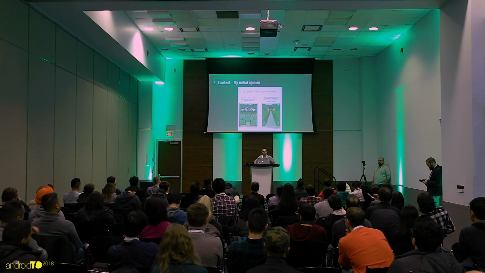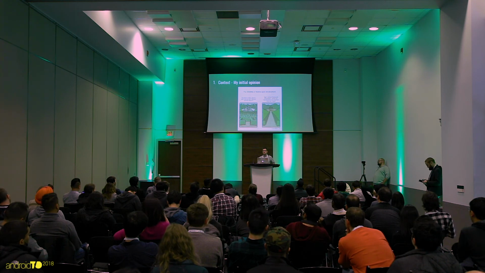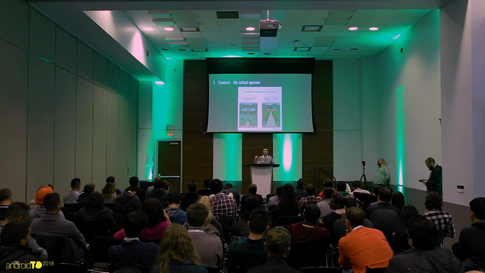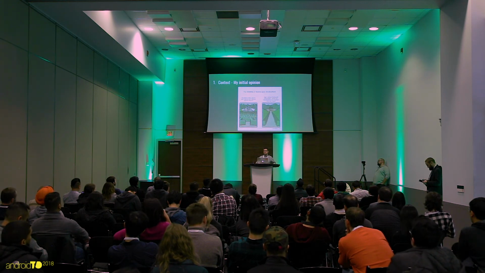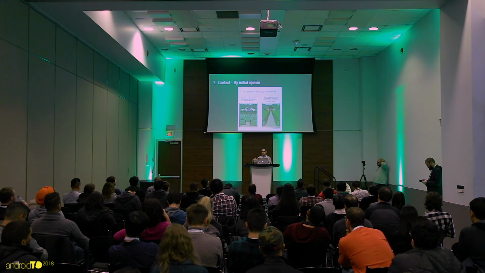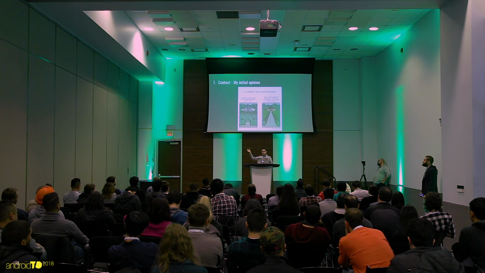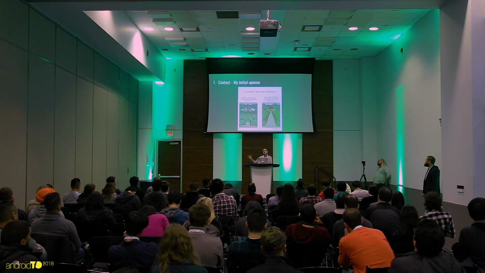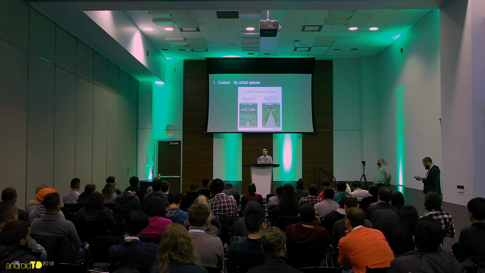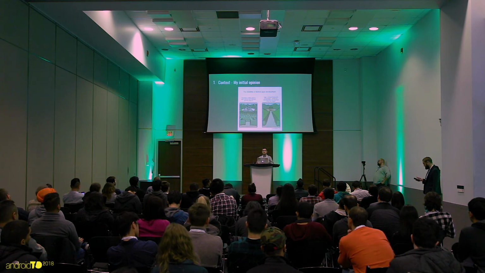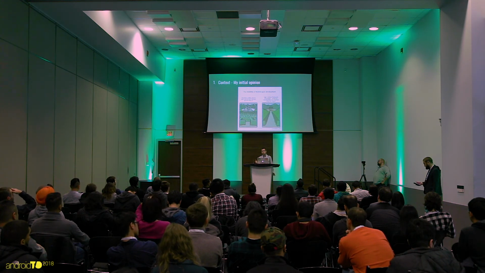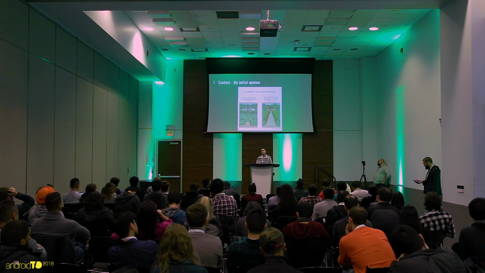I found that using a component library is super convenient for designers, because you can define exactly that all the buttons are going to look like this, or our titles are going to look like this, and you can share that with the designer, and they love that. They're used to that from the web world, and when they see that on mobile, it's amazing for them.